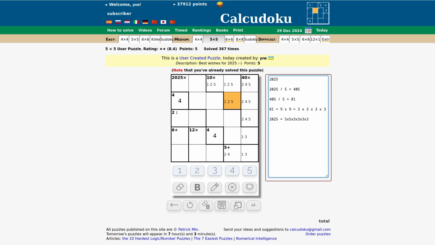That's 6 digits, but as you can see the cage itself has 8 cells. So somewhere in there there's a 1 and another 1. Right, we multiply by 1 and by 1 again, and we still get 2025. Now then, when I first solved it, I thought I was being really clever by seeing that this 2025 cage has 2 5s. The 10 times cage has 1 5, and the 40 times cage also has 1 5, which